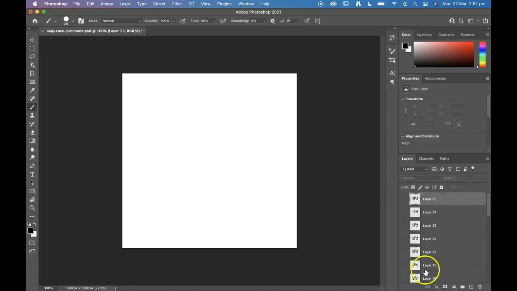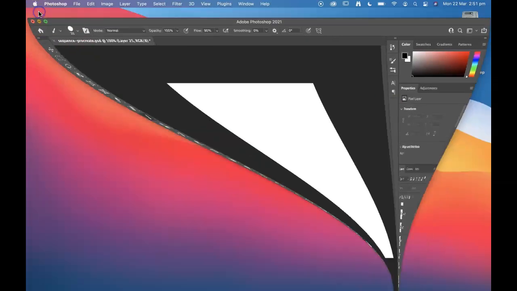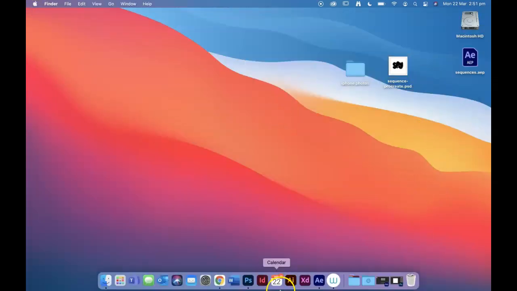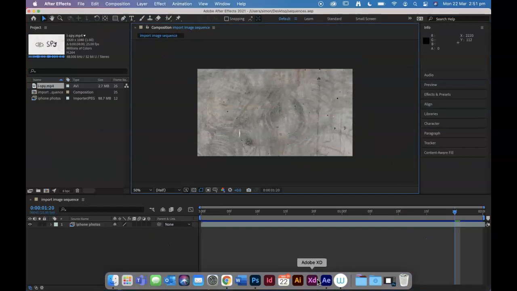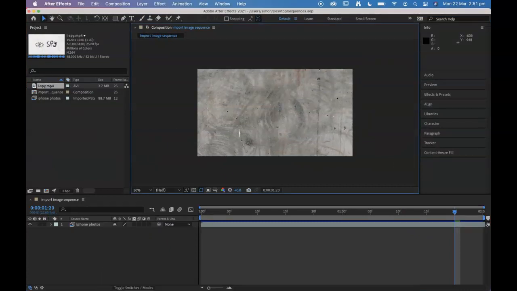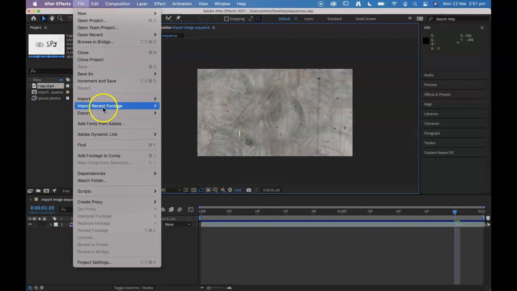Now, it doesn't matter what the content is. The important thing is that you've got a series of sequential assets that you've layered up together in one PSD. Now, close that down. We'll go back over to After Effects and we'll import that PSD. As I said, I made that in Procreate, exported the layers as a PSD, and I can import that PSD into